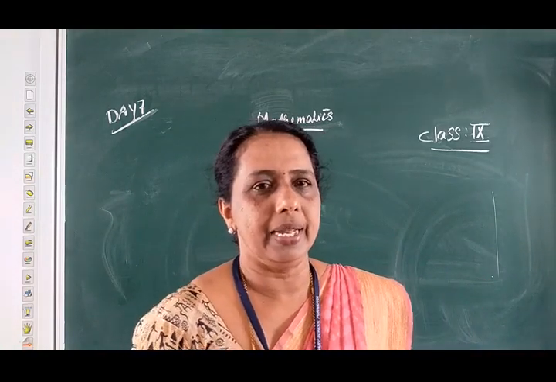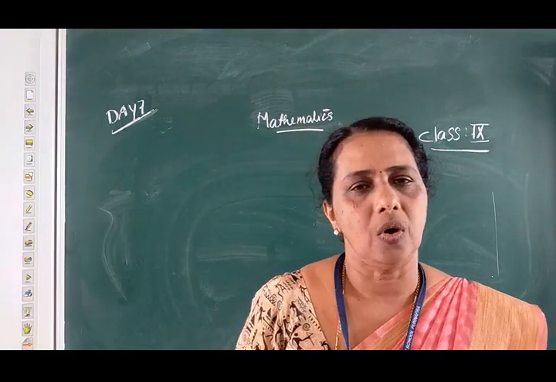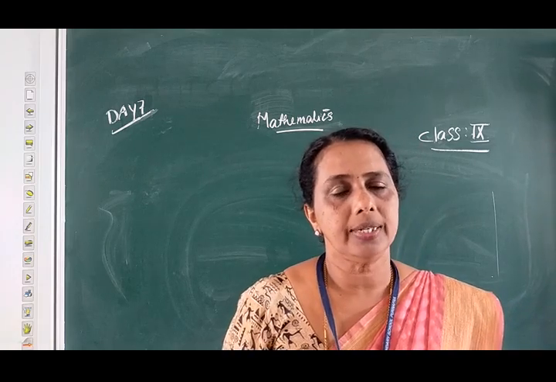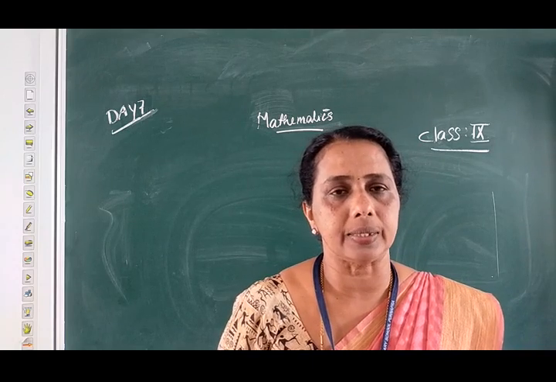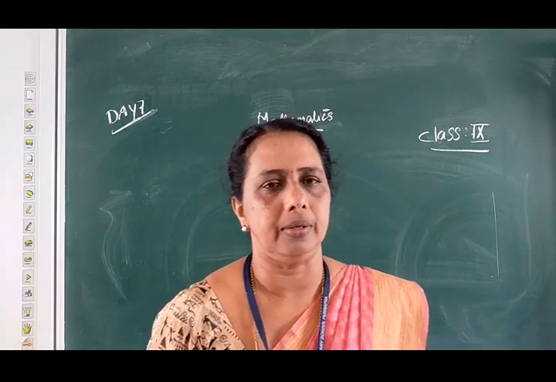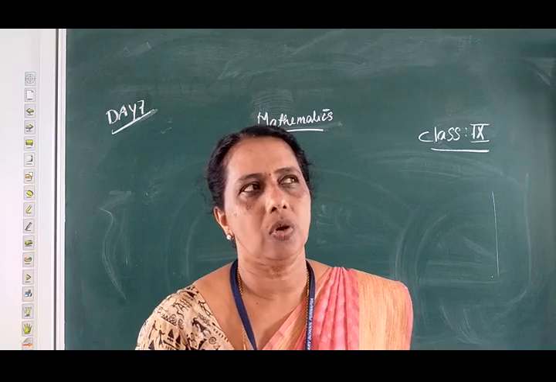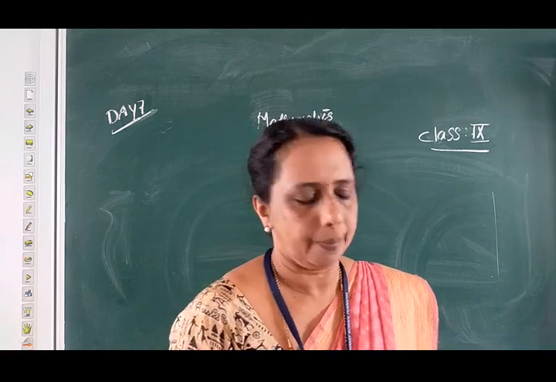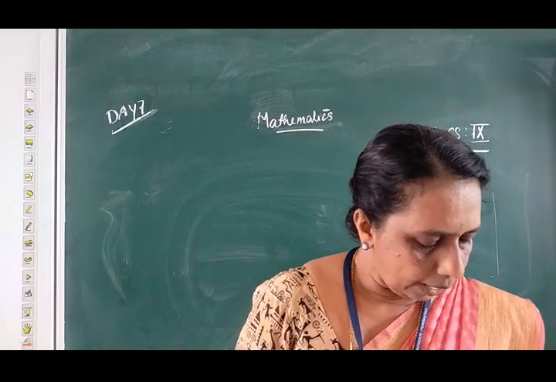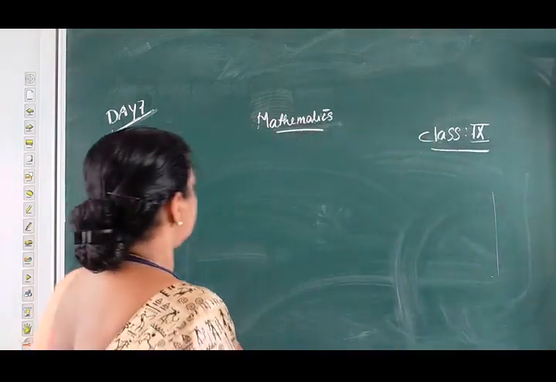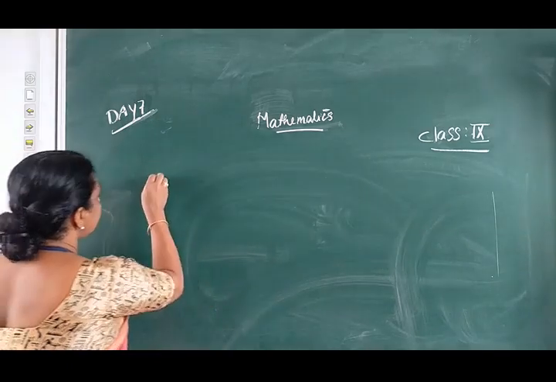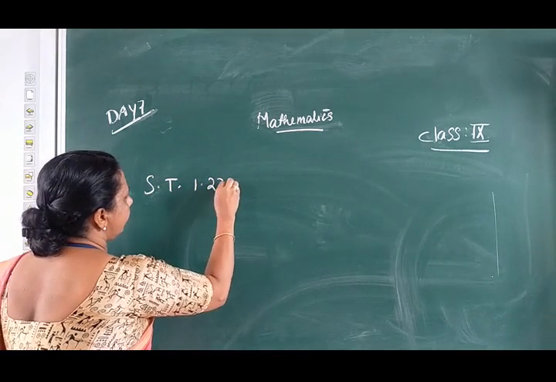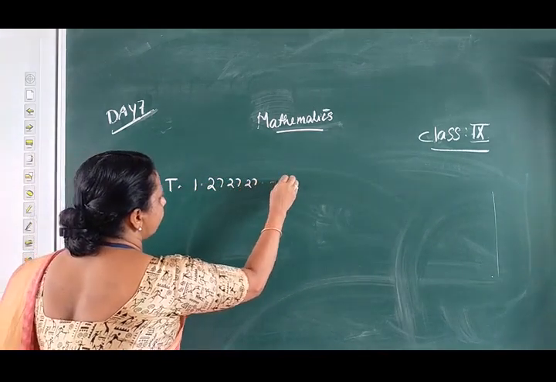Today we will study the remaining problems of how we can express the given non-terminating recurring decimal into a rational number. In the previous class we already studied one problem. The second problem is: show that 1.27, 27, 27, etc. can be written as